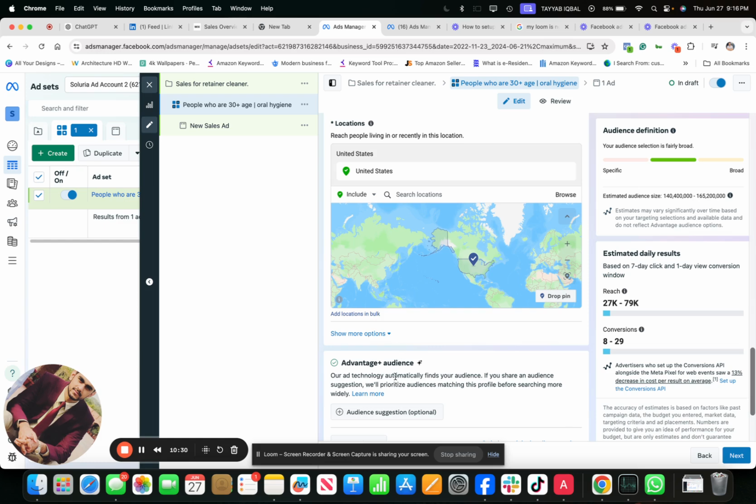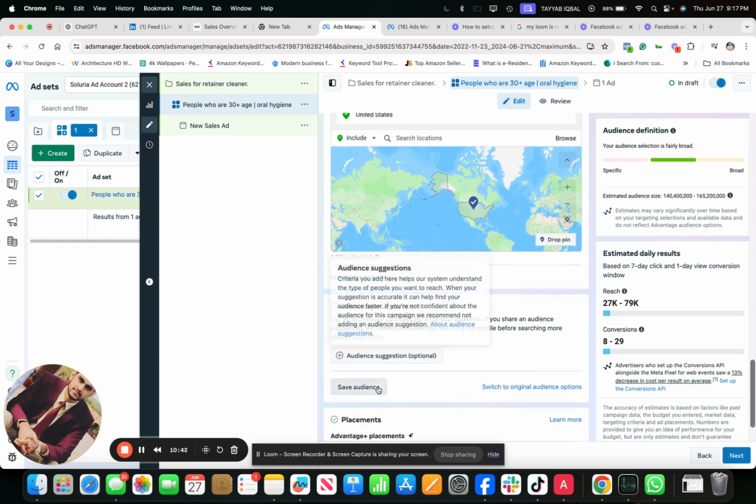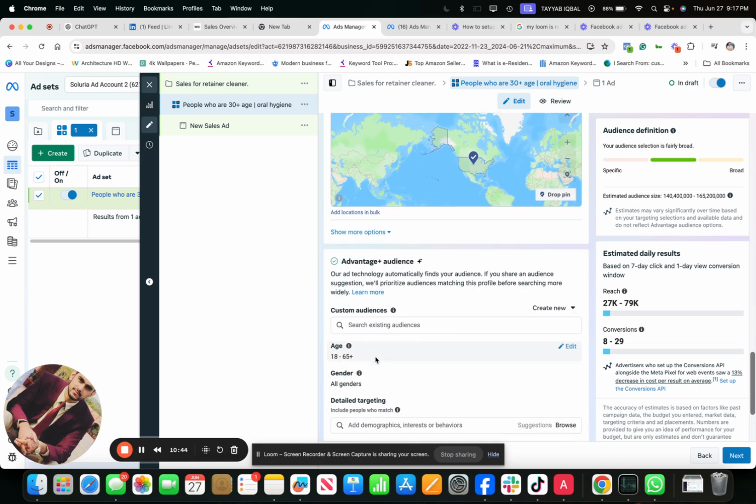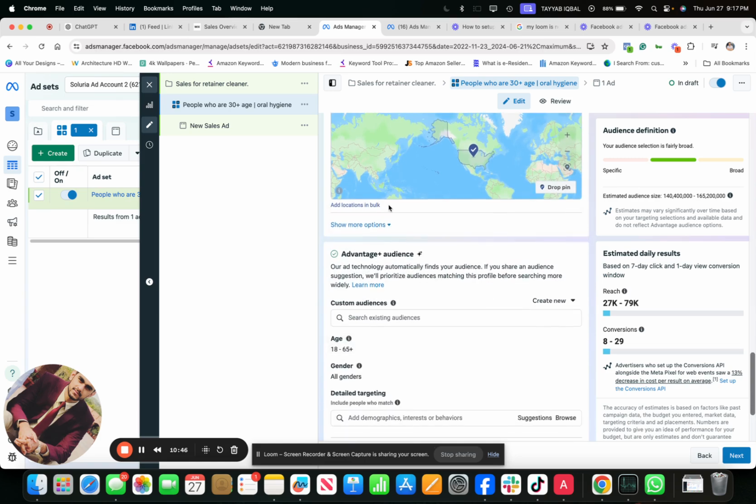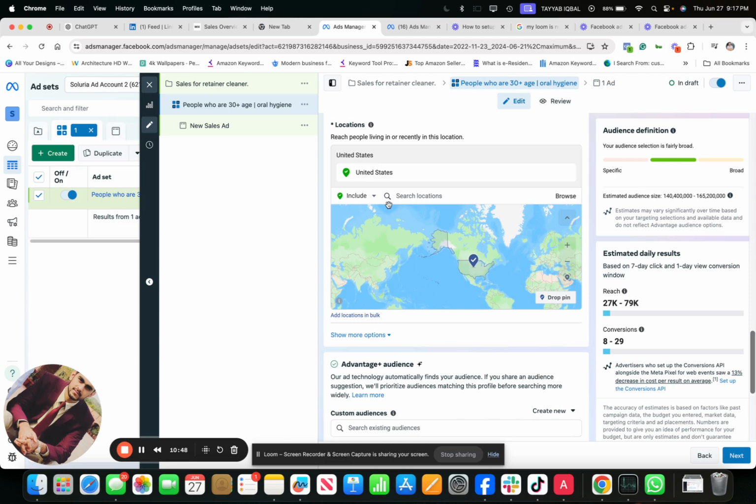So here Meta is asking you to use Advantage Plus audience. This is a manual setup campaign, but again, Meta is asking to do all the targeting in the Advantage Plus campaign. Meta will decide your target audience, or you can still give a certain level of suggestions to control the audience. Like over here, I know that